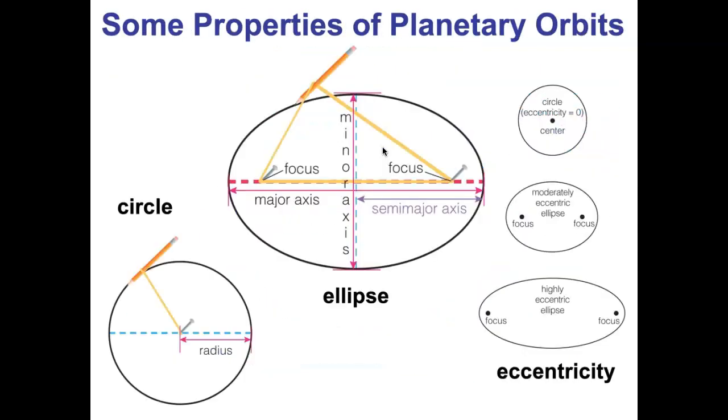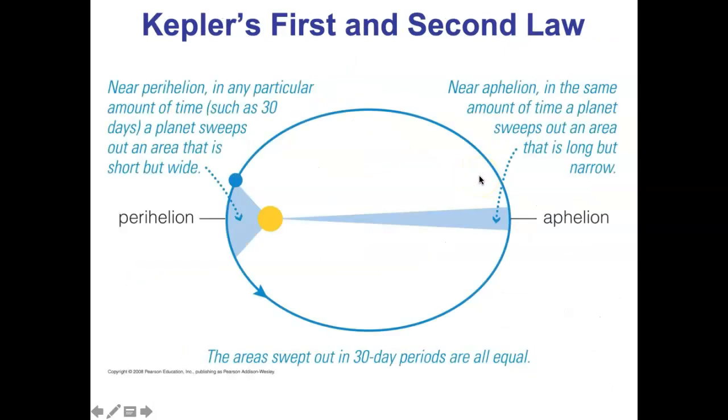Let's go back to our drawing here. All right, the major axis is the long axis here. The semi-major axis is just half of that. Right, it's half of the major axis. The semi-major axis is the distance from the center of the ellipse out to the long edge. So the semi-major axis of an orbit is the distance from the center of the ellipse out to aphelion or from the center of the ellipse to perihelion. It's half of the distance from perihelion to aphelion. All right? So what? Who cares? Why are we talking about this?